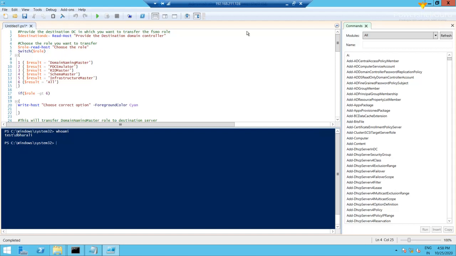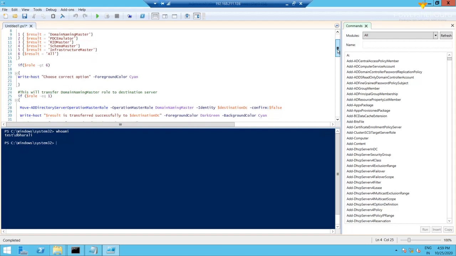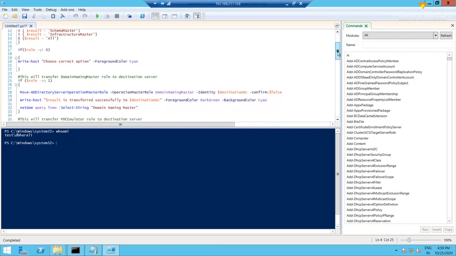In our case, we can transfer one role, two roles, three roles, or we can move all six roles at a time. Coming to the 24th row, this will be an if condition. If we select one, the whole block from lines 25 to 33 will be executed.